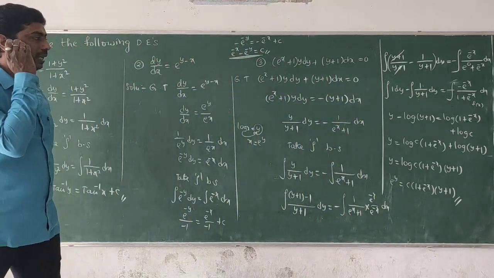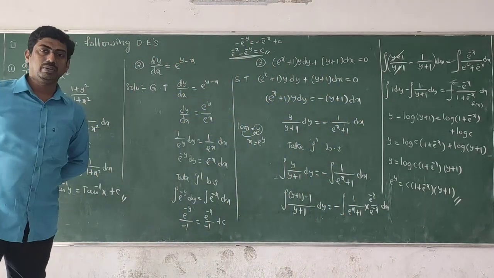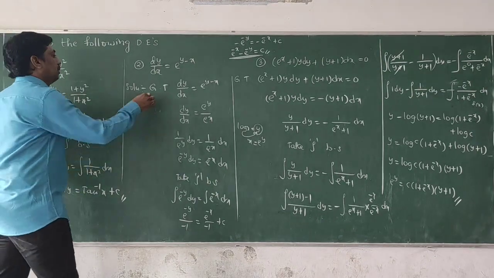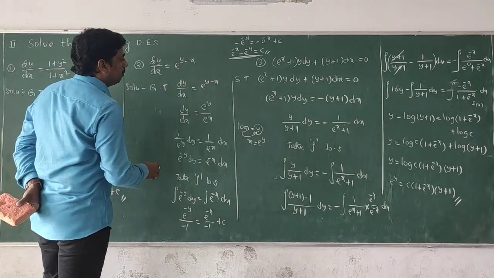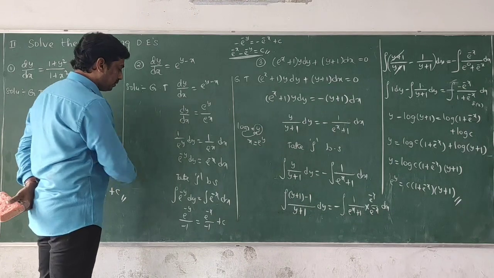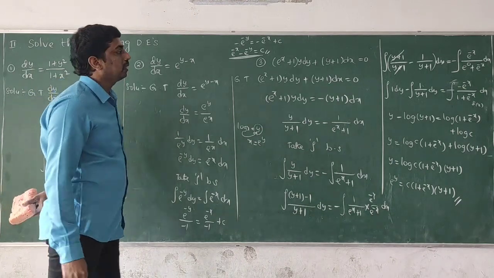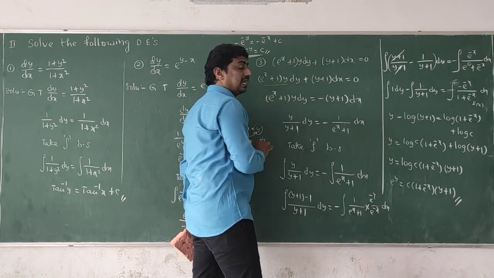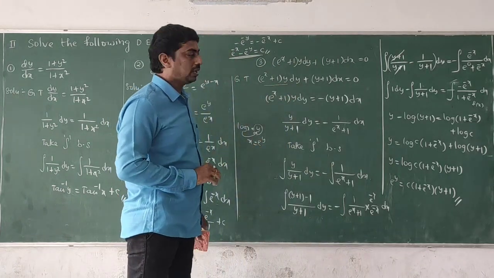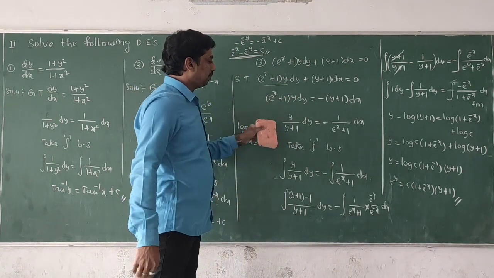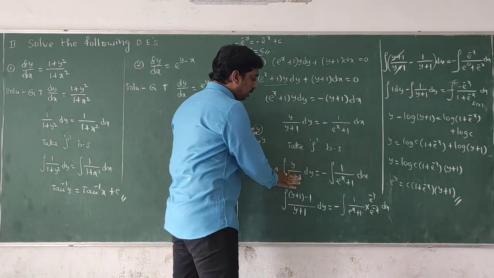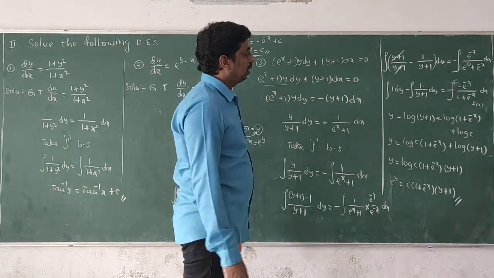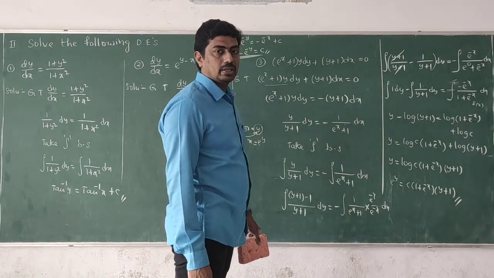Okay, a little bit lengthy compared with these two problems, because here the variables were separated very easily in these two problems. That's why we get the solution very easily. But here it is a little bit lengthy because of the combination of x and y terms. In order to separate that one, then only we get the solution. Any more doubts on this one?